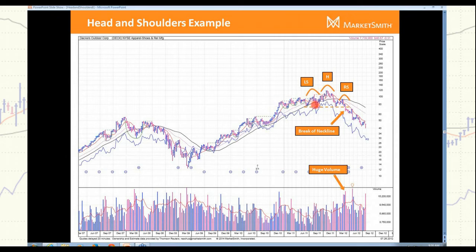Which one was it? And like Arusha was saying, it's never clean, it's never easy. But even though in hindsight it looks like, oh yeah, there's clearly the left shoulder, to me I almost think of this whole area in totality as a left shoulder. Again, this is just trying to understand what the chart is telling you